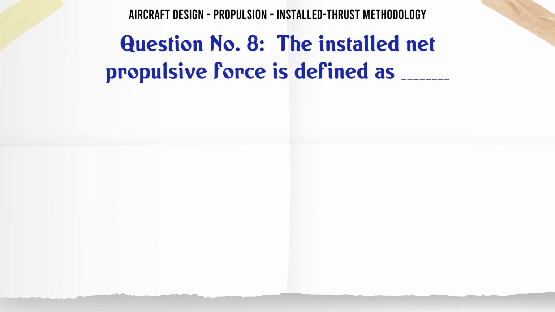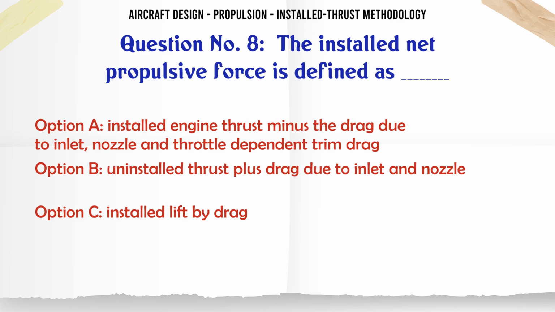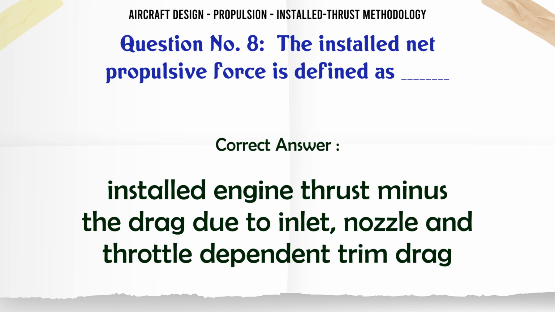The installed net propulsive force is defined as A. Installed engine thrust minus the drag due to inlet nozzle and throttle dependent trim drag. B. Uninstalled thrust plus drag due to inlet and nozzle. C. Installed lift by drag. D. Installed wing loading. The correct answer is installed engine thrust minus the drag due to inlet nozzle and throttle